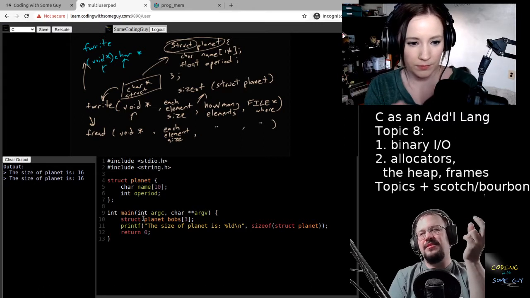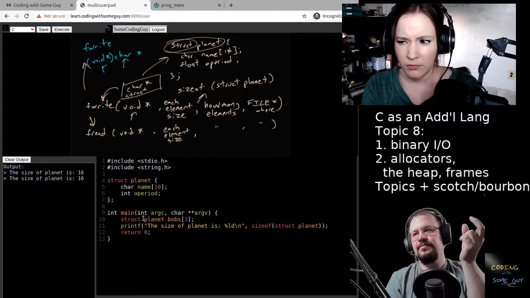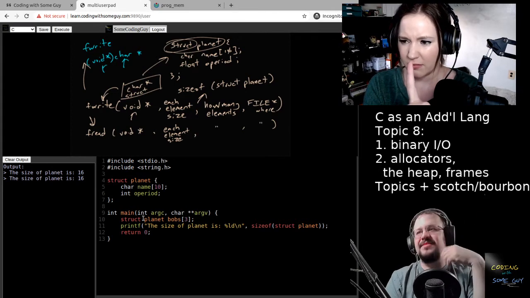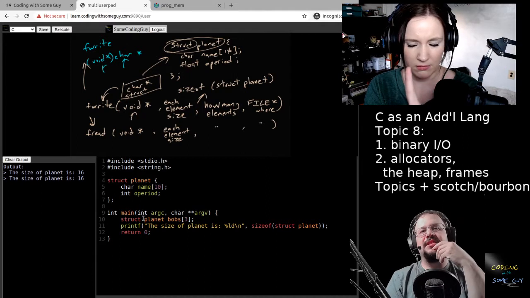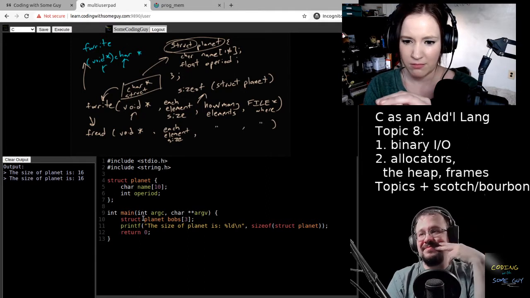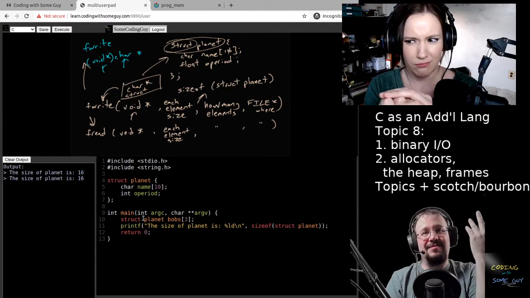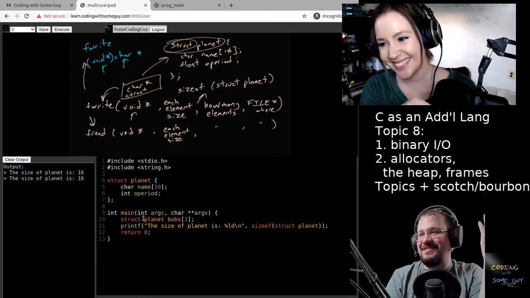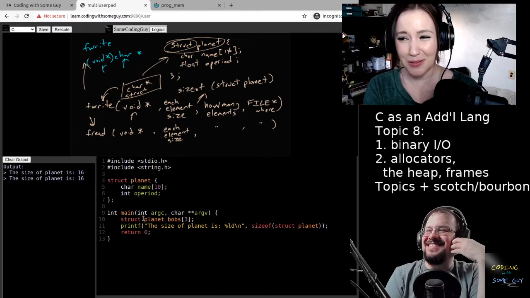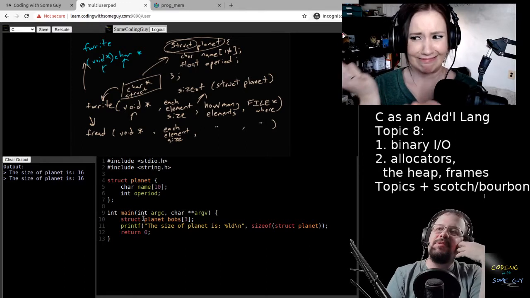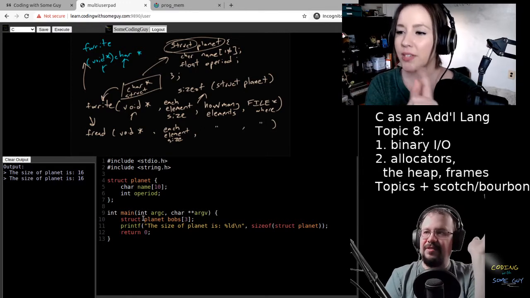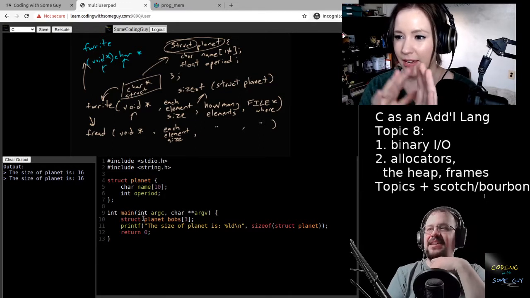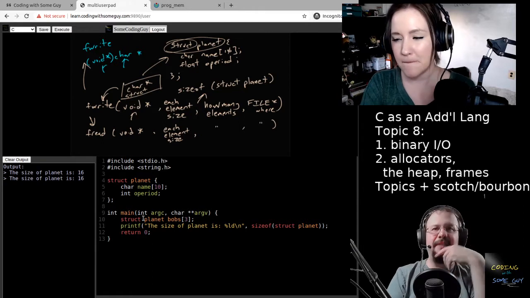And how big is a character? 6. No, 8. 1. Yep. Yes, correct. It's 1 byte. So 10 of them is 10. So 10 plus 4 is 16, because C is rounding up in multiples of 8. It has to do with padding, which we touched very briefly. Yes. And because of how the memory is organized, alignment, right? Yes, that's correct. Okay. Yep. I remember that.